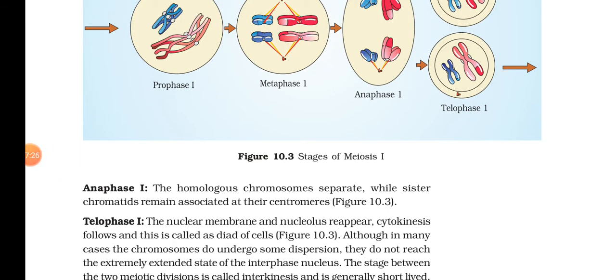The homologous chromosomes separate during the anaphase 1, but the sister chromatids will remain associated at the centromere. Do you remember what the sister chromatids are? Each chromosome will have 2 chromatids, isn't it? So those 2 chromatids are known as what? Sister chromatids, and they get separated, split during where? During the anaphase, or at the end of the metaphase of what? Mitosis. But here this longitudinal splitting will not take place, keeping the chromosome number in each pole as 23 in the case of human beings.